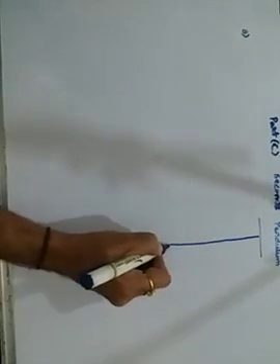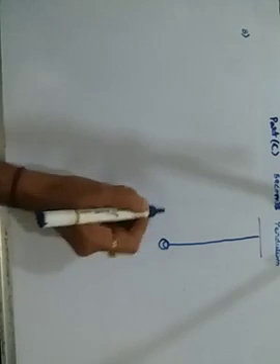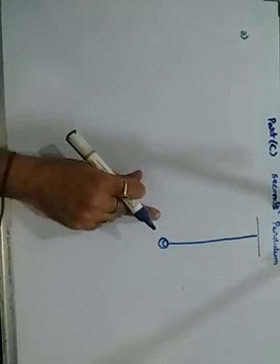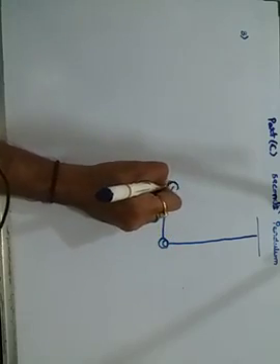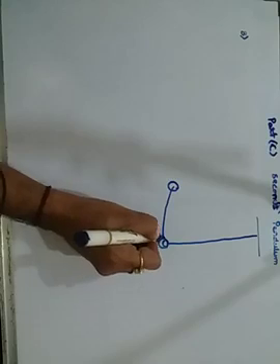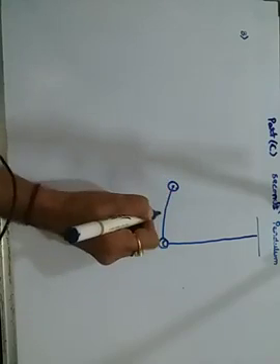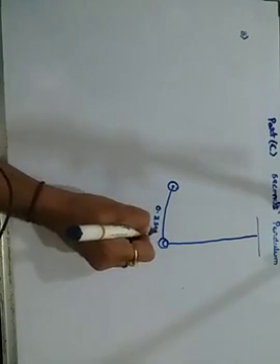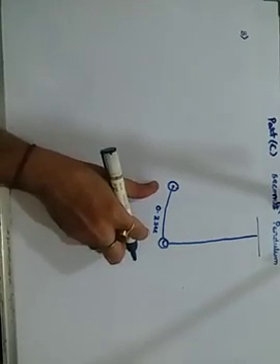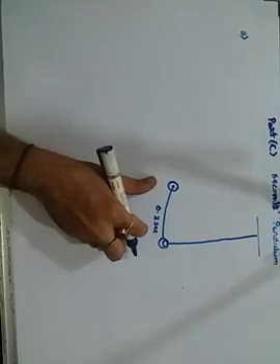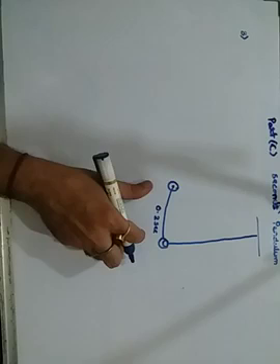It takes 0.2 seconds for a pendulum bob to move from mean position. This is your mean position. From the mean position it takes 0.2 seconds to move to one end. So suppose it is moving to one end, it came here; from the mean position to move towards one side it takes 0.2 seconds. Now this is only a part of it. Here it is not a complete oscillation. When will this oscillation be complete? Listen to it carefully.